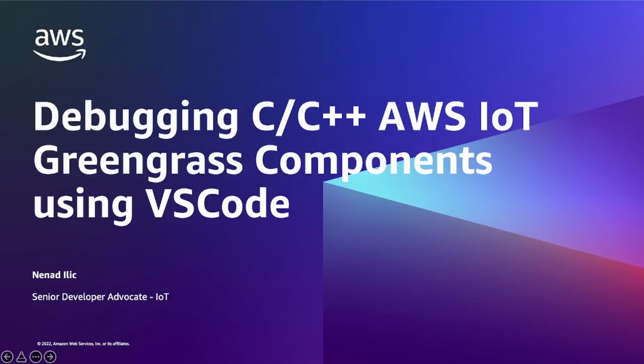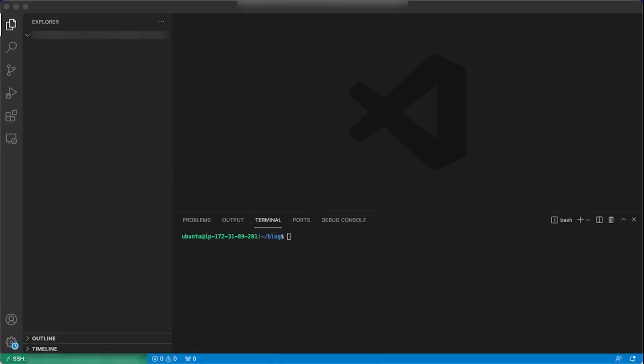So Greengrass provides a CLI tool that allows local components to be deployed and tested by also accessing the application logs. But in scenarios where we want to step through the code and understand the stack and other parts of the memory of a C or C++ component, then we would need some additional configuration, which we will demonstrate right now. So here I have an EC2 machine running a plain Ubuntu